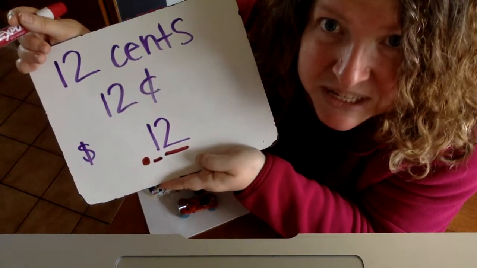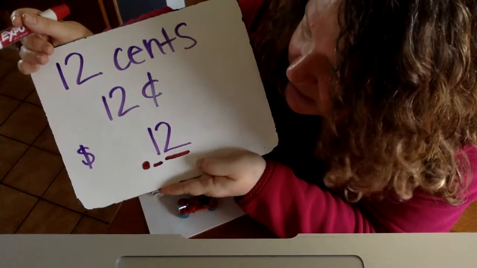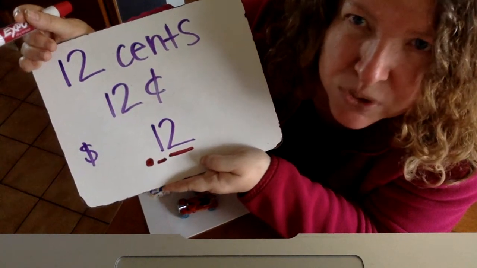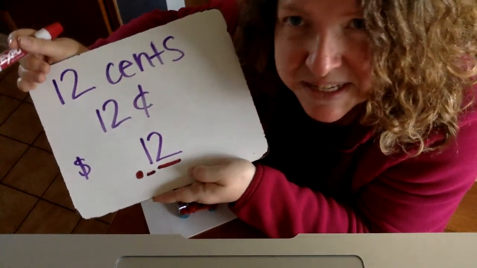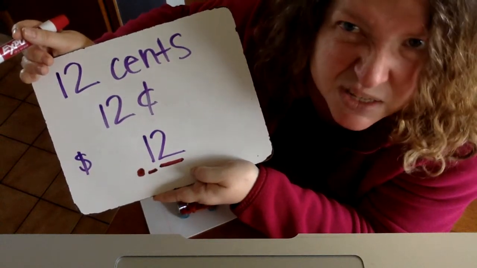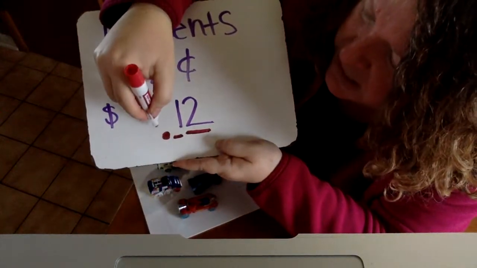We always want to put a zero in front of it if there's no dollars, because otherwise people are not sure, is it just a mark on the paper? Are you trying to say decimal? Is it something else that's weird? They don't know. So we need to have